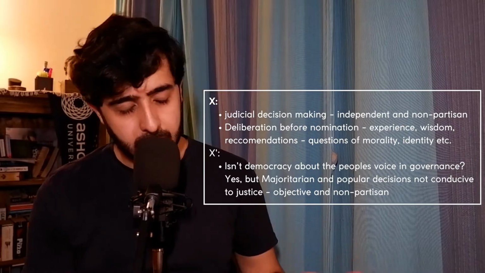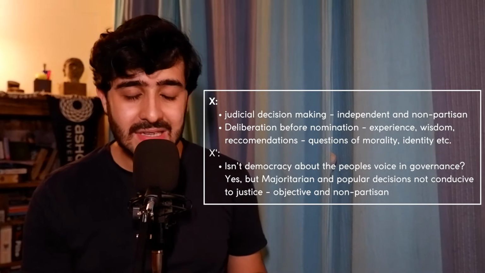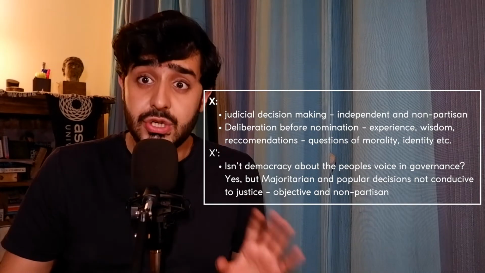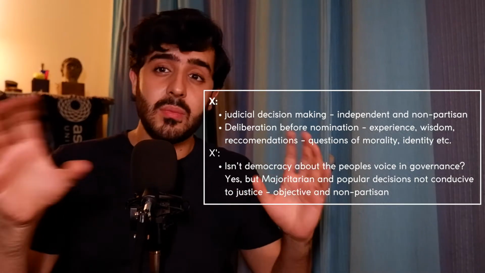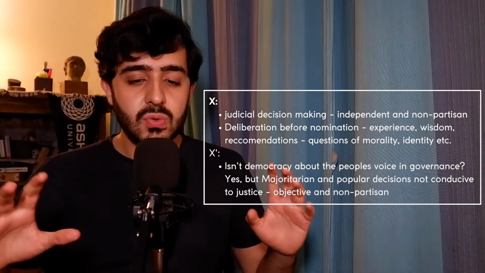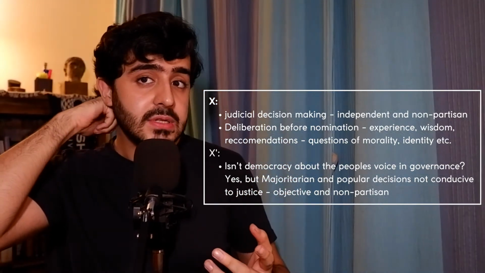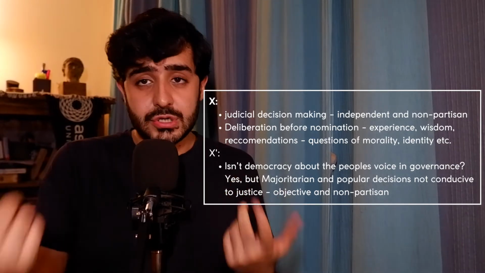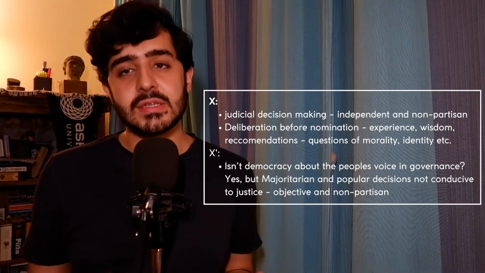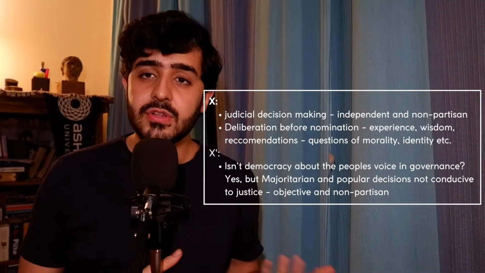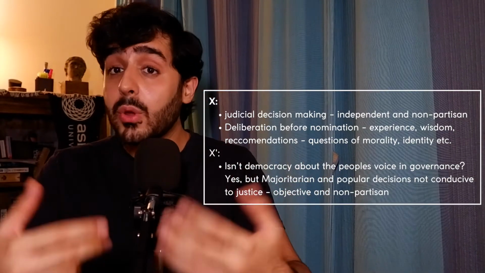And X dash, perhaps an opposing claim could be, but isn't democracy about the people's voice and governance? If judges make decisions just based on what the majority wants at the time, or just on what the popular statement or the popular ideal at the time is, that isn't perhaps in the interest of the goals we've set out for our judicial system. And therefore it has to be extremely objective and non-partisan. If that independence is not given to the judiciary, we will not be able to conduct judicial process in light of where we want to be, or where we ought to be rather.